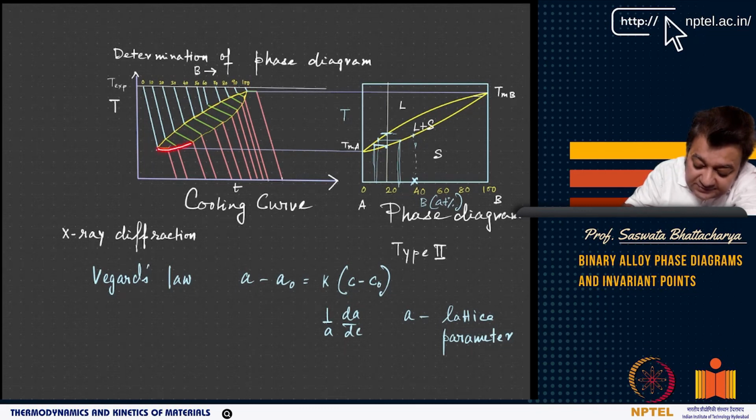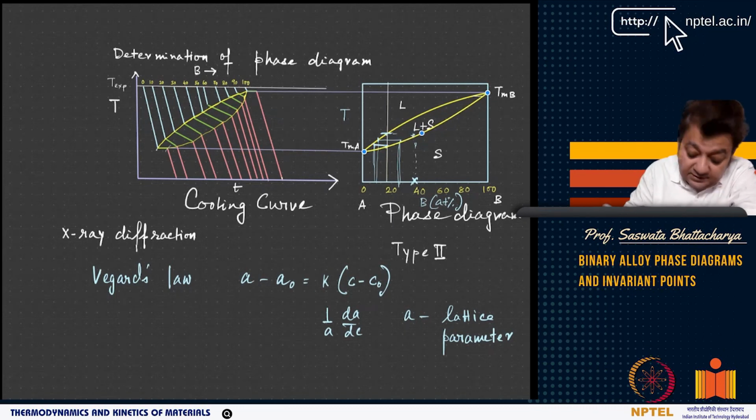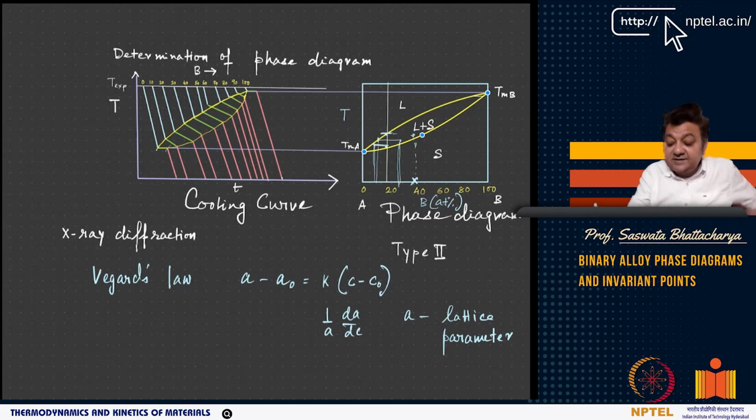So, all these points basically mark the phase boundary, the liquidus boundary. So, this is the liquidus boundary, and that gives you the solidus boundary, right? So, this is your pure A and pure B. So, how you obtain the phase diagram, right? Your phase diagram is like this. If you do this exactly, you will see a phase diagram like this, right?